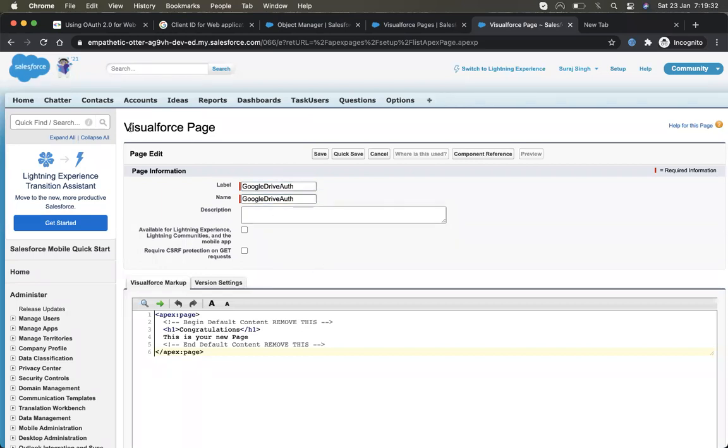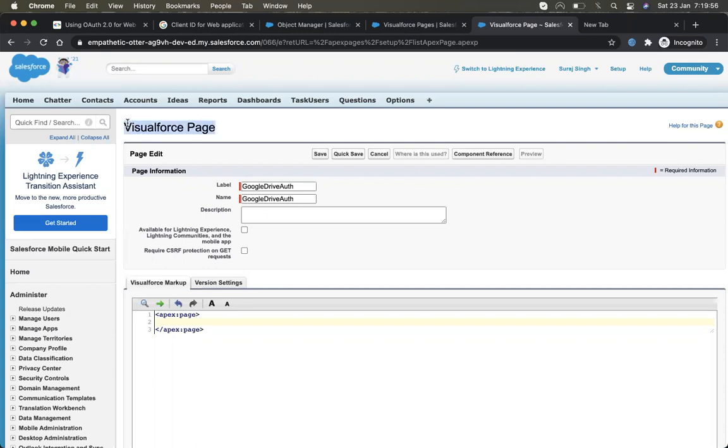Okay, I'm just creating a Visualforce page, and I know that we haven't discussed how to create a Visualforce page. I'm just doing a small thing. It's a page type that Salesforce provided to design some pages, meaning if you want to design some custom UI, it has some options that you can use to design the page.